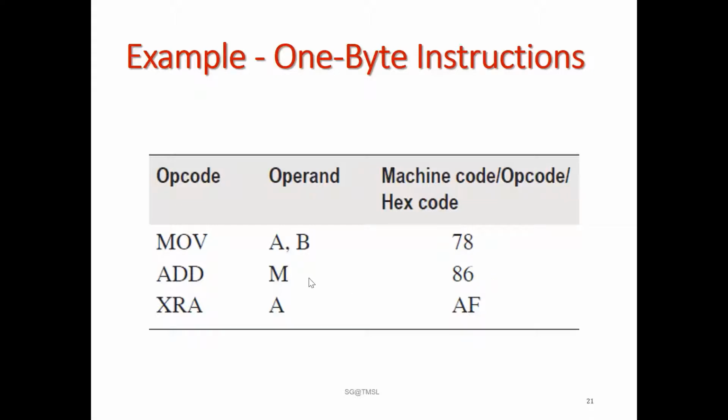So each time you want to store any complete instruction, you need to store the corresponding machine code into a specific memory location, which needs one memory location. That's why all these types of instructions are called 1 byte instructions. Is it clear? Tell me, clear up to this much? Do you have any doubt?